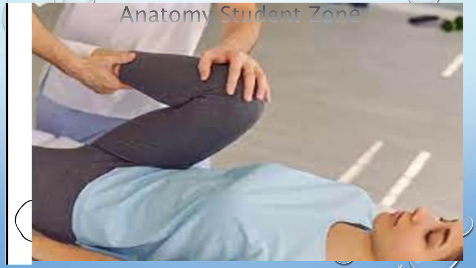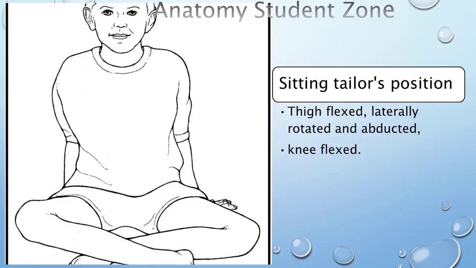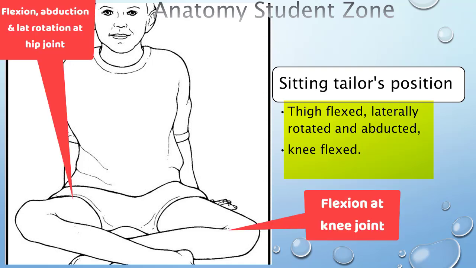So dear doctors, remember here that all these actions, again what I have repeated, these are the flexion at both joints, abduction and the lateral rotation at thigh or at a hip joint. These actions are going to bring your lower limb into cross leg position. Okay, and that position is just like tailor's position, like we have named this muscle as tailor's muscle because of all these actions that I have explained to you.